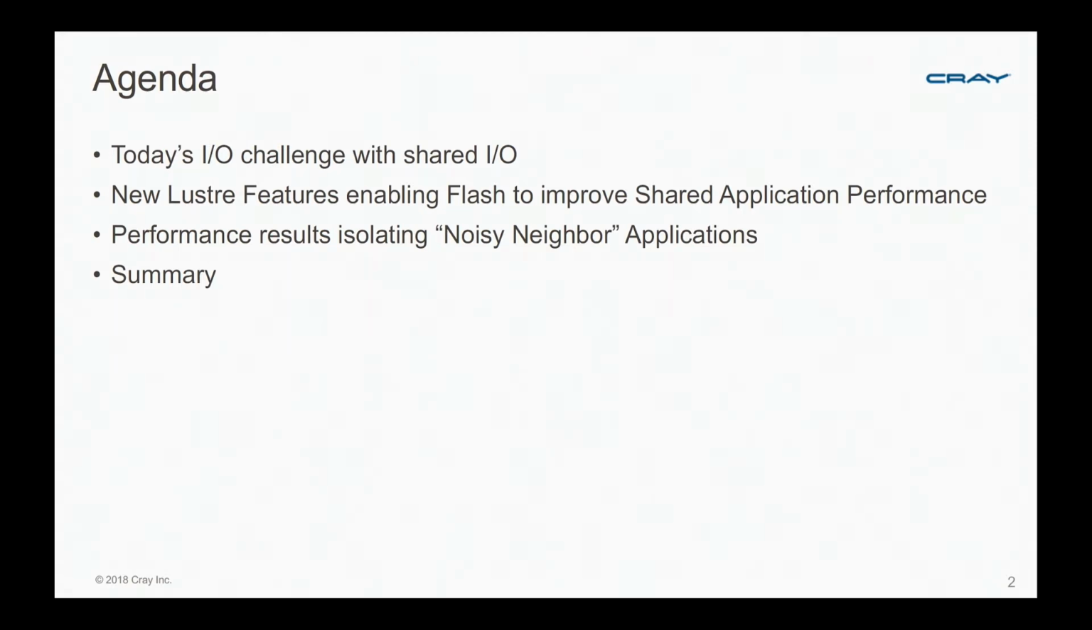So today I want to talk about some of the challenges that we see and new features in Lustre that enable transparent use of HDDs and flash in a single namespace so that users don't have to really choose where to run their applications. They just want to run in a configuration, run their applications, and ensure that they get consistent results day to day. And then we have some performance results of a simulated noisy neighbor problem that we ran on a parallel file